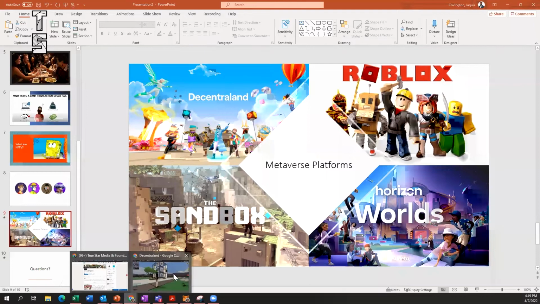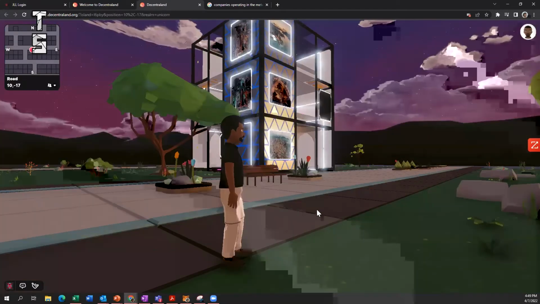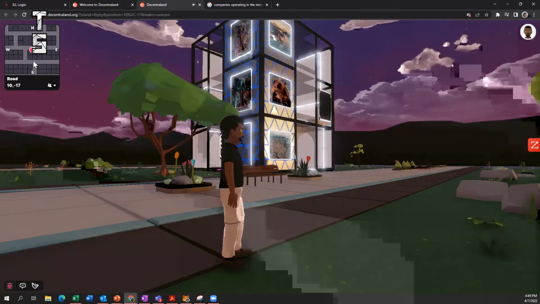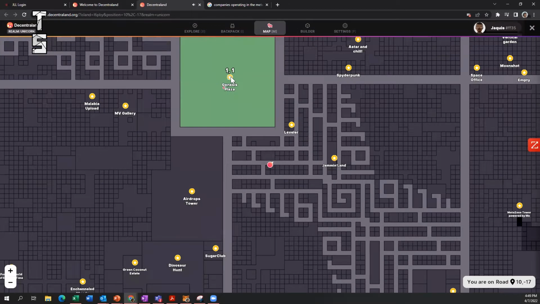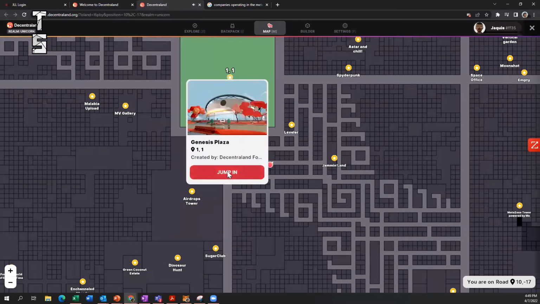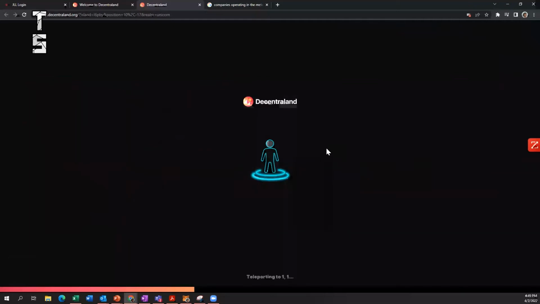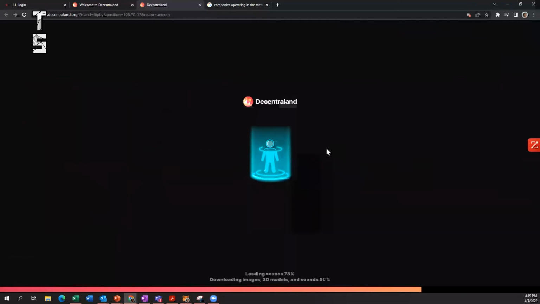For now, I'm going to actually pull up the platform. So this here is Decentraland, and I'm going to take you guys back to the main starting point. This might take a small minute to load, but we'll get to it. In the meantime, as we explore this metaverse platform that I'm going to show you,